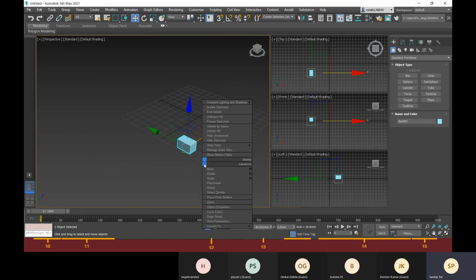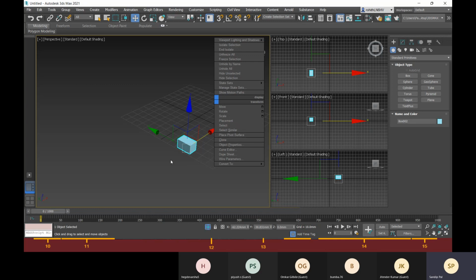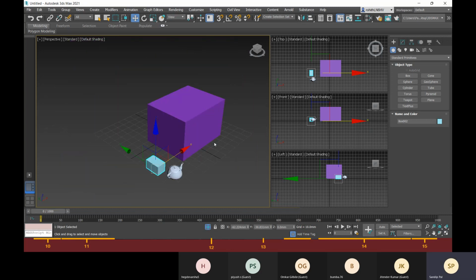Okay, sorry, what I mentioned before was totally wrong. That is my bad. What is happening is that it is making all the other unselected objects hidden with this option. That is the meaning of isolate selection. Forget about what I mentioned first. And how can you make them unhidden? If you right click, in this quad menu you have unhide all. Sorry, I forgot about this option.